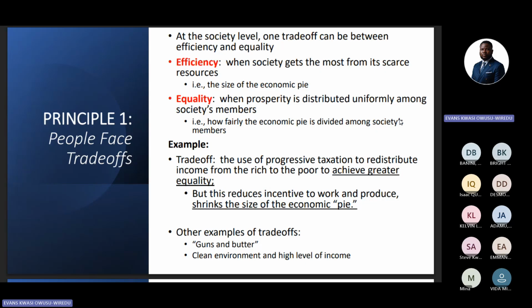So you realize that we are always making decisions already. And then the big pie: do you go for efficiency or do you go for equality? So we are looking at this one now. When we look at the whole country, the concept of equality and efficiency, the government also faces